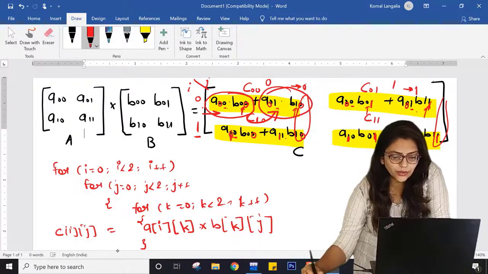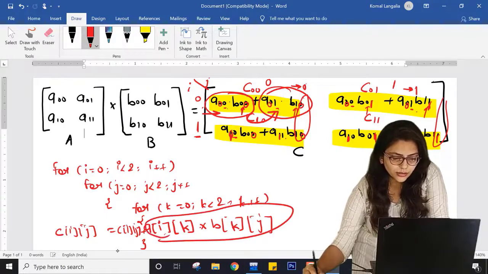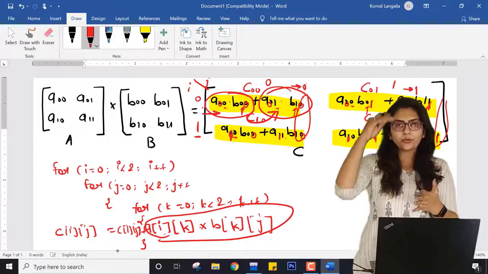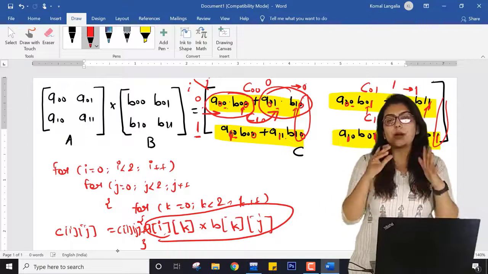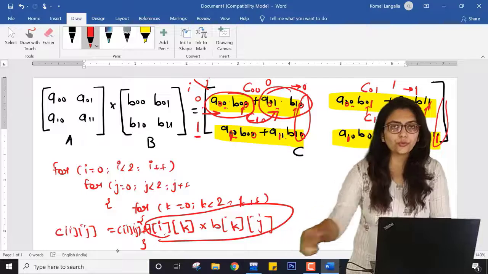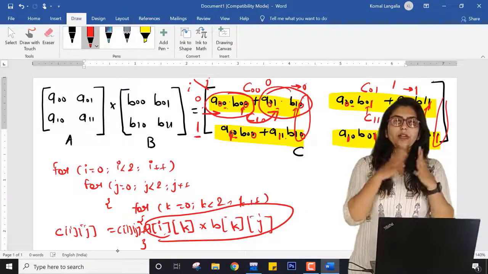So here it will be C of IJ equal to C of IJ plus this entire term. I hope you are understanding. If you don't understand, try to do it by yourself. If you make a representation of the multiplication of 2 matrices, it will be very easy for you to understand. So this is all about the multiplication of 2 matrices.